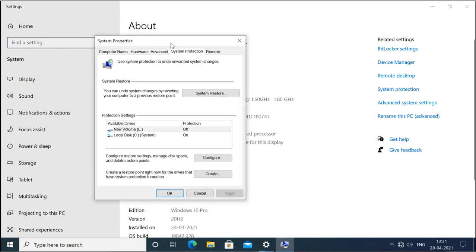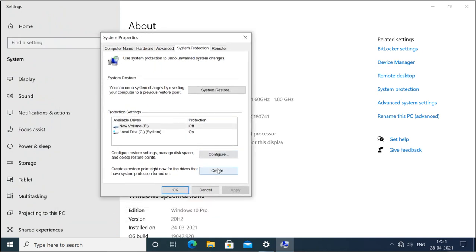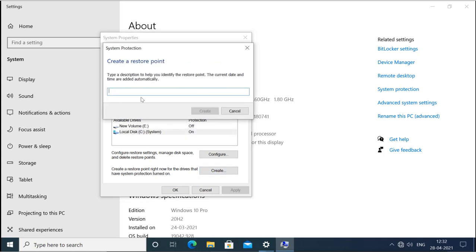first I will create one more restore point here for the current state. So I will select this and I will create one more, that will be, I can say, my current point.